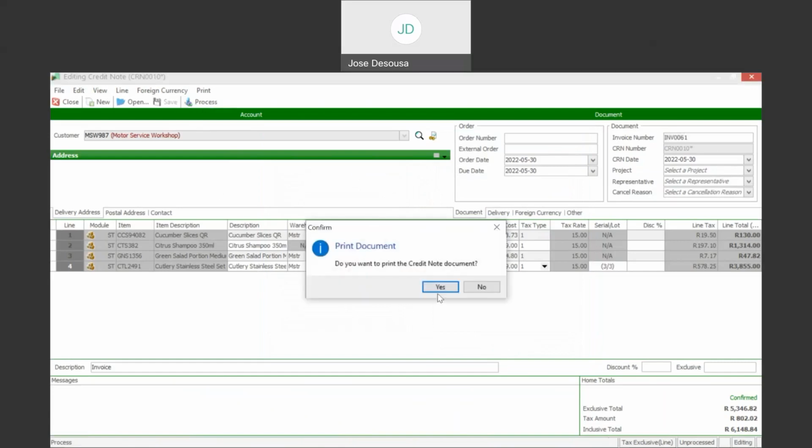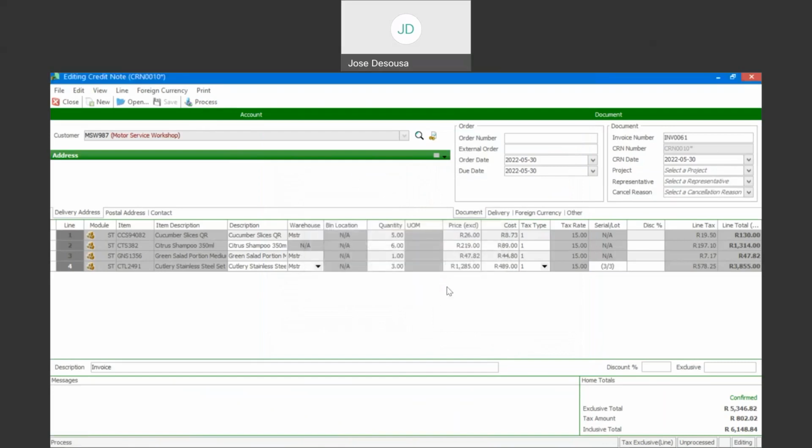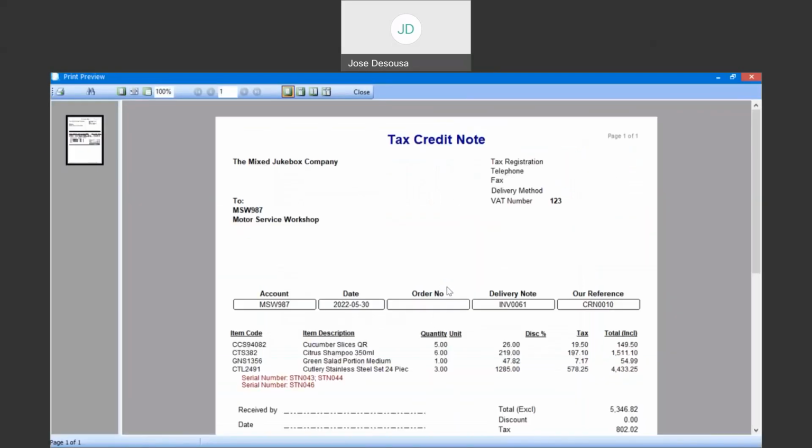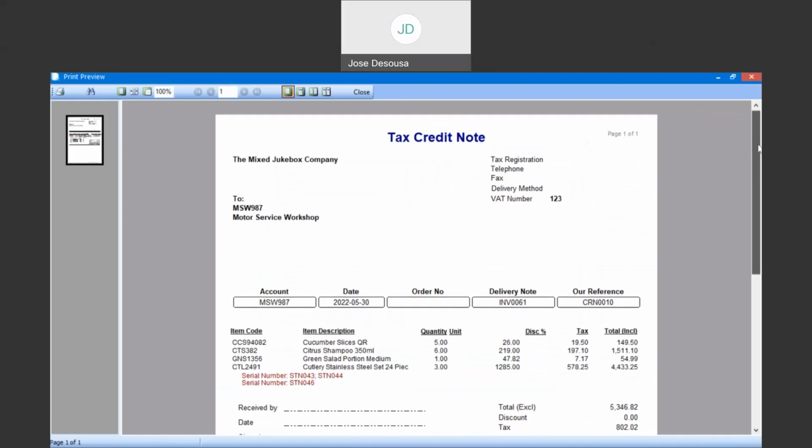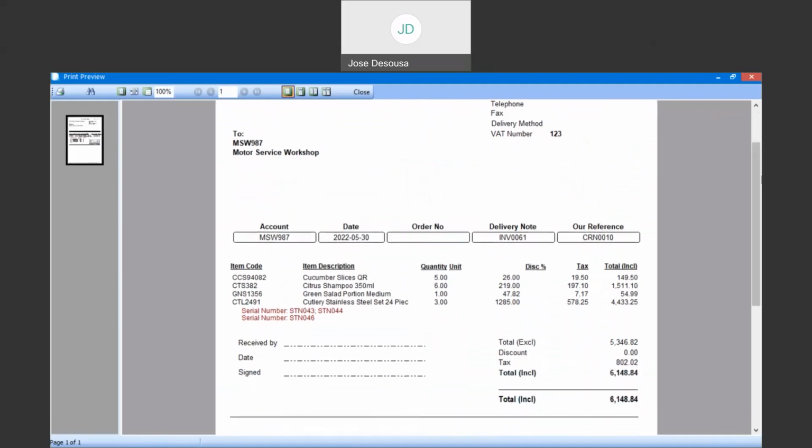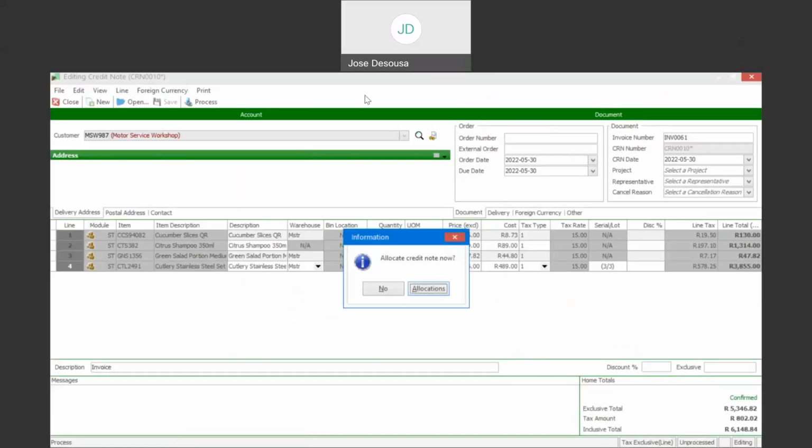And I can now view the credit note document. Right, so there's my details credit note, and I've got details of the items that were returned by the customer, as well as the serial numbers that were returned. And I can say close and complete the transaction. At this particular point, I'm able to allocate the credit note to the invoice. So I can say click on allocations,